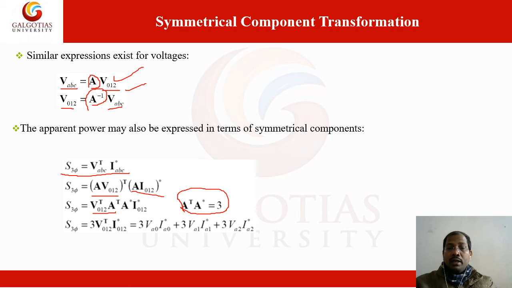This is the most important point. You can put in the operator matrix values, multiply, and we get this value of 3. So we can write the 3 here. You can see that it is 3 times the phase sequence quantities. If all the sequence voltages and currents are known, we can multiply them: 3 times the positive sequence power, 3 times the negative sequence power, and 3 times the zero sequence power. Like that we can get it. This is the most important result we can obtain.